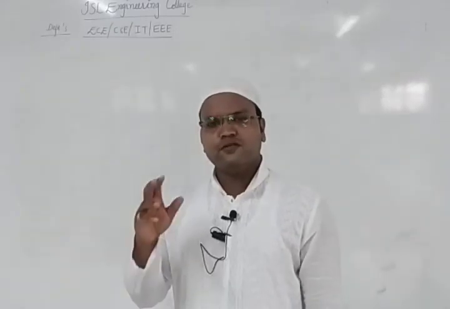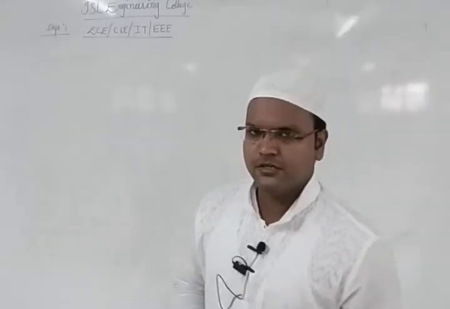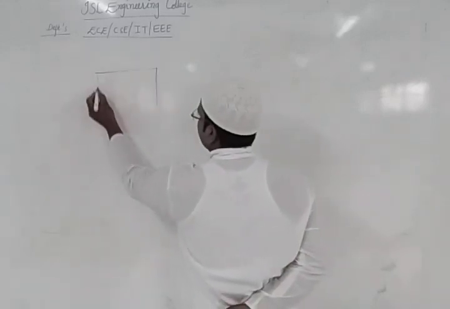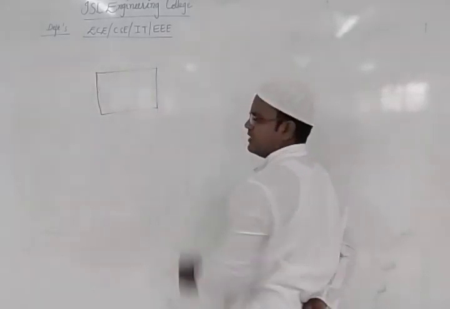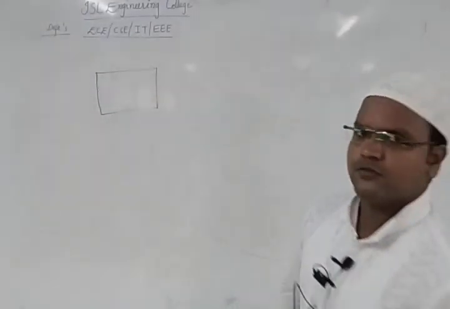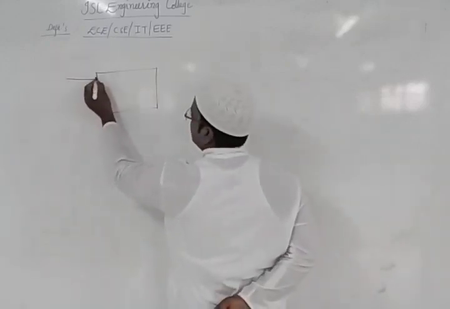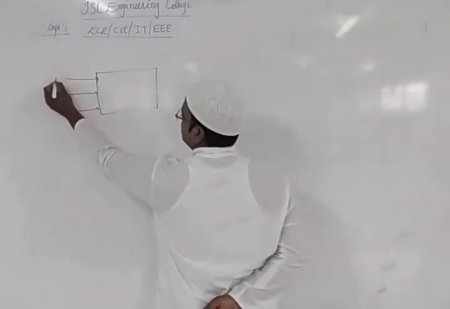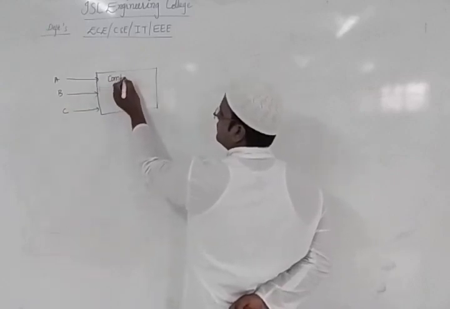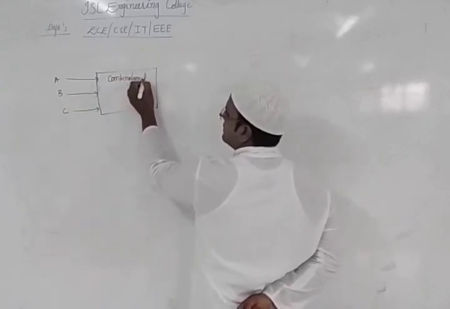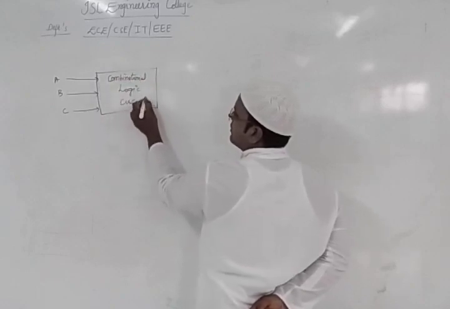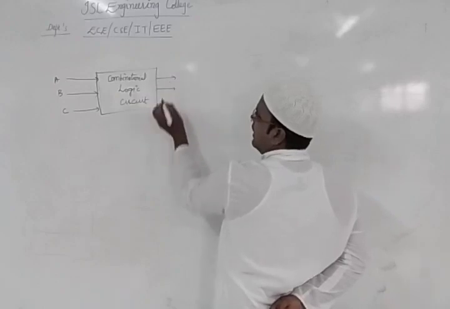So in that, the first thing we are going to discuss is the meaning of the full adder. How do we design the full adder? That part we are going to see. To design the full adder, we want to get three inputs. Suppose this is my input A, input B and input C. So these are my three inputs A, B, C. Which kind of circuitry is this? We are connecting them to a combinational logic circuit.